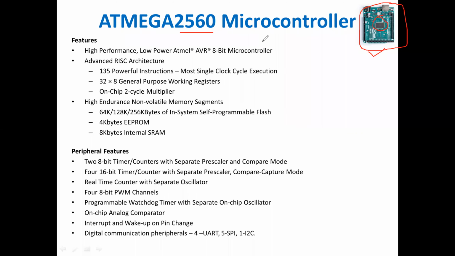and use them directly in the application program. Till now we have discussed 8051 microcontrollers. We coded everything in what we call low level programming. Whereas in Arduino, if you go to the Arduino software and look at some example programs, you can see some inbuilt functions within the program.